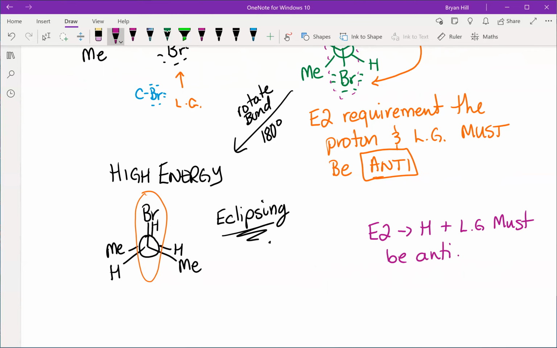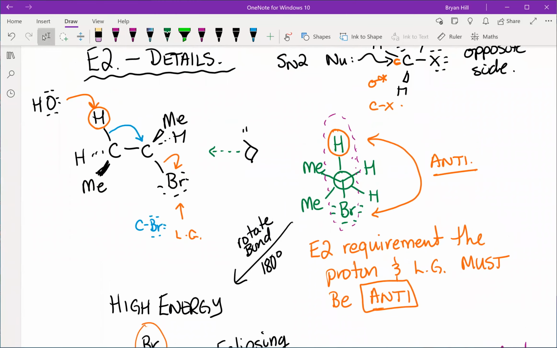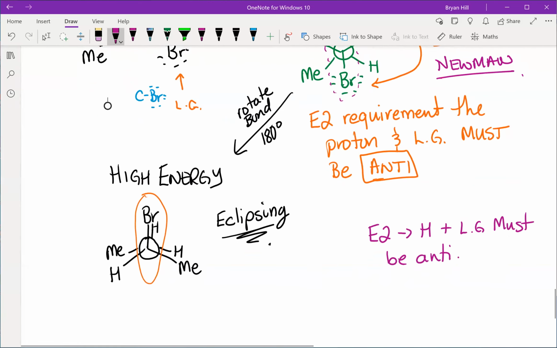So for most molecules, unless your molecule has some symmetry or some chirality associated with it, most of the time there'll always be a proton which is anti to it. But there's a couple of really important examples in which there's only one proton which will be available. So just as we brought back our friend the Newman projection, when we were doing Newman projections in the past,